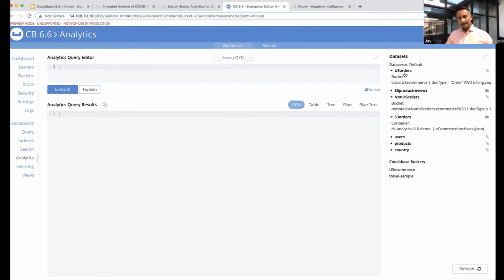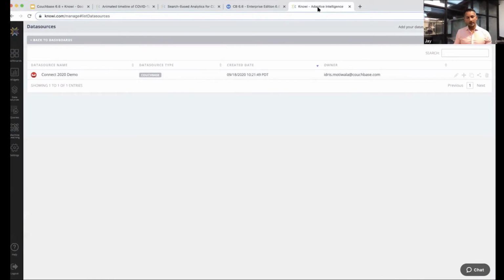Next, what we'll do is get into Knowi and connect into this, query, visualize, analyze, and then do search-based analytics on that. So first up is connecting into Couchbase with Knowi. I'm going to take a connection here that's been preset. I'm just going to clone that so we have a